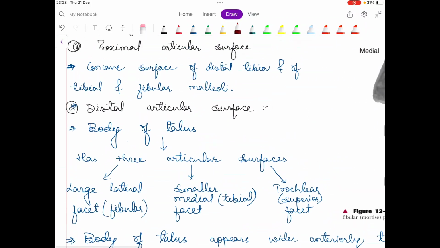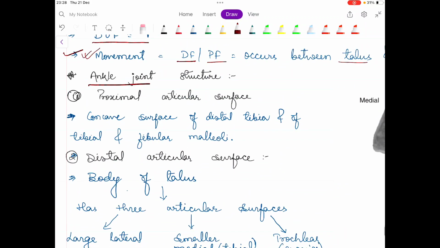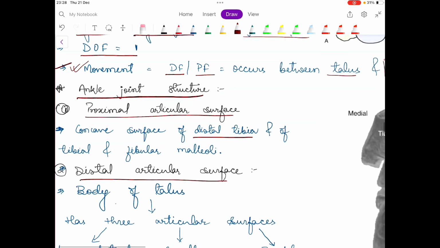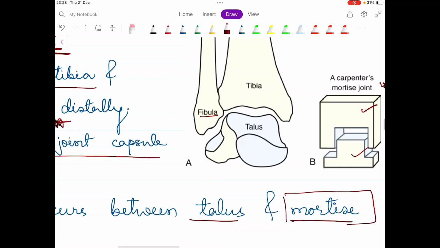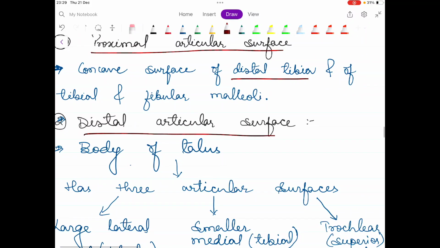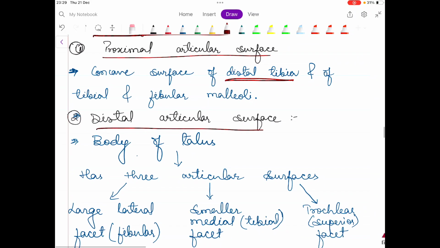Now let's talk a little bit more about the ankle joint structure. We have already talked about the proximal articular surface and the distal articular surface, okay. So the proximal articular surface includes the concave surface of the distal tibia, okay. So the distal tibia is somewhat concave in nature, okay. So as you can see here, there is concavity in the distal tibia. This one here is the concavity, here it is again there is concavity, okay. So there is concavity in the distal tibia and of the tibial and the fibular malleoli, okay,